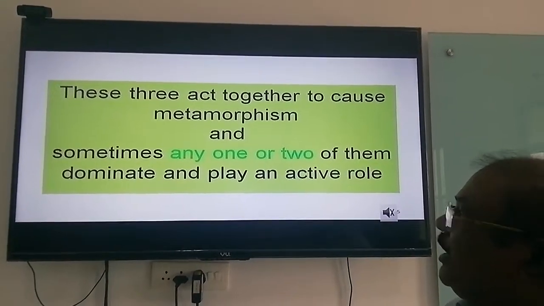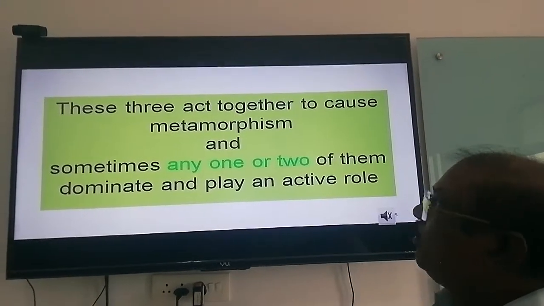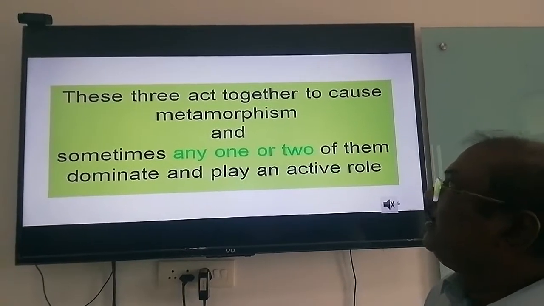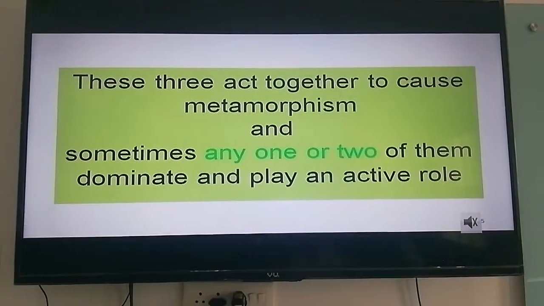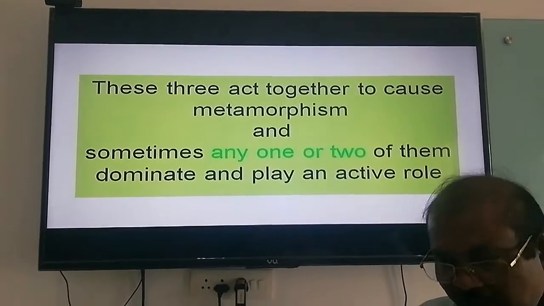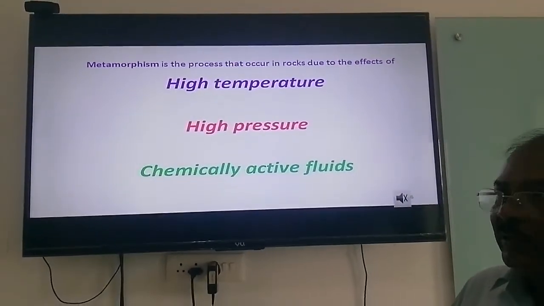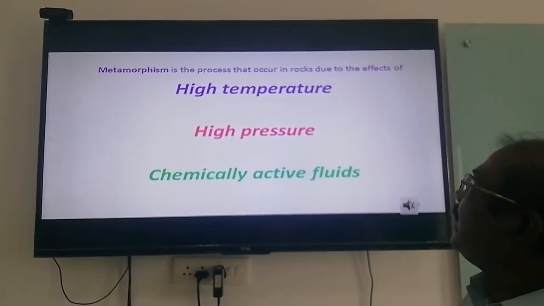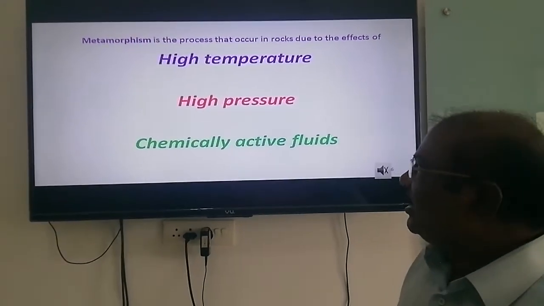Depending upon how the parameters are involved, that is called metamorphism. So these act to cause metamorphism, and this metamorphism changes the rock into another rock. Metamorphism is the process that occurs in the rocks due to the effect of high temperature, high pressure and